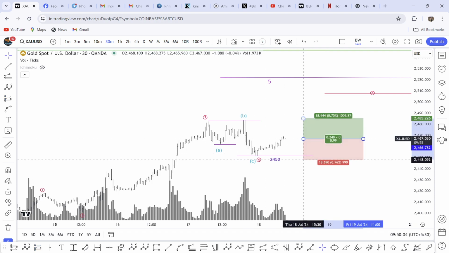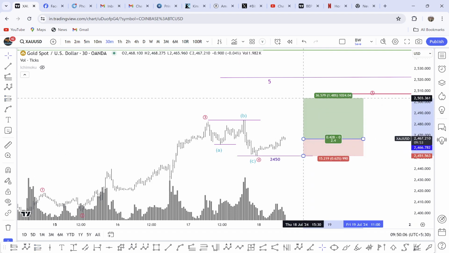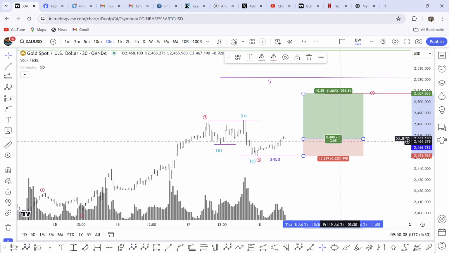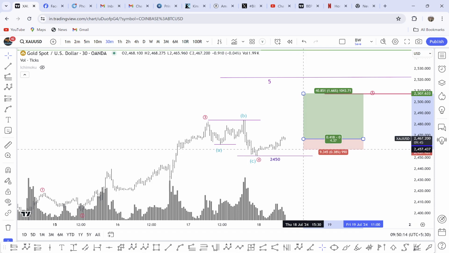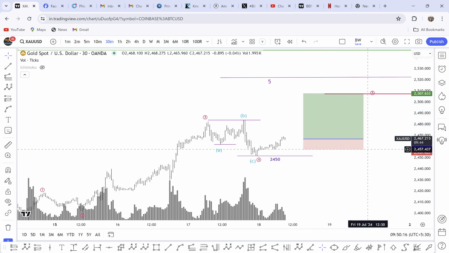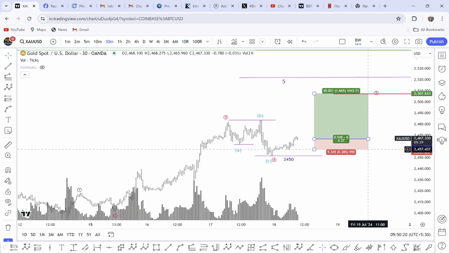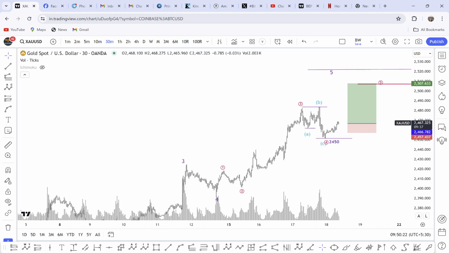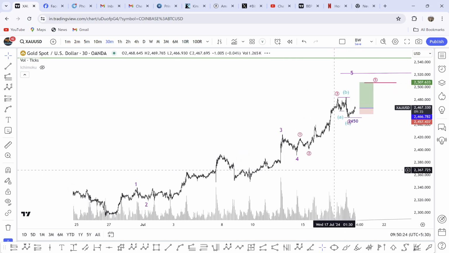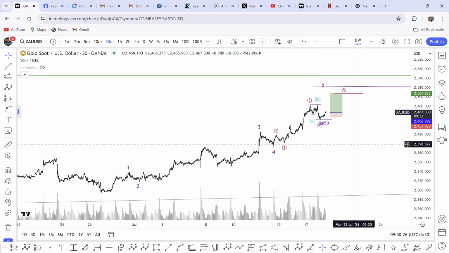So I can give you like this. 2.68 is the risk reward. If you want a small SL, then one more SL is around 2457. This is my wave counting for gold,